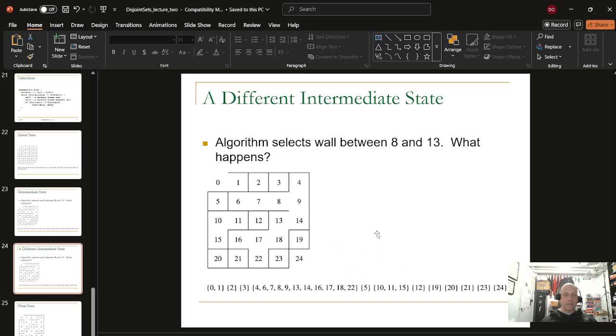It's not going to create a new set, because by removing the wall between 9 and 14, for example, you've supported the same dynamic. Now, if 9 and 14 still had their wall and the wall at 8 and 13 existed, then it would create a disjoint set. So again, to give you an idea, some of the real-world applications apply correspondingly with pathfinding algorithms